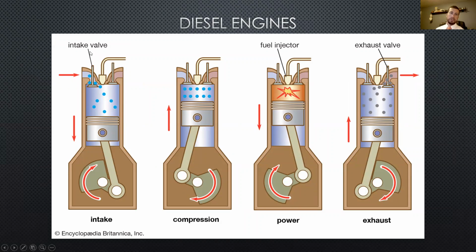Now, diesel engines do not have a spark plug like the previous example that I used. Diesel engines use compression to ignite their combustion chambers. So what happens right here is the intake valve brings in air and fuel just like the previous time, only this is diesel fuel. And so it opens up, and then as the piston comes back up right here,